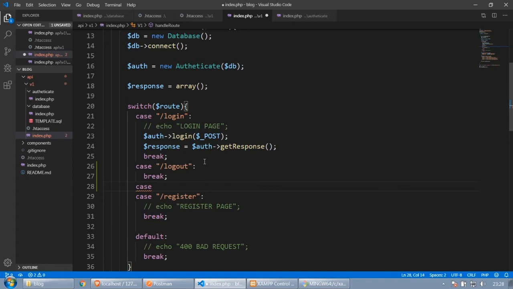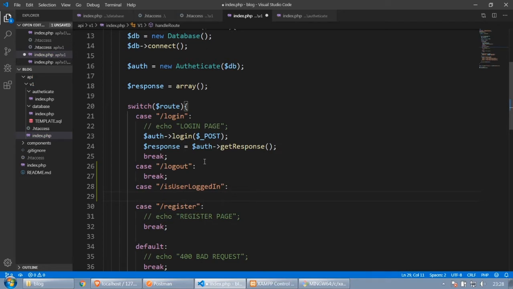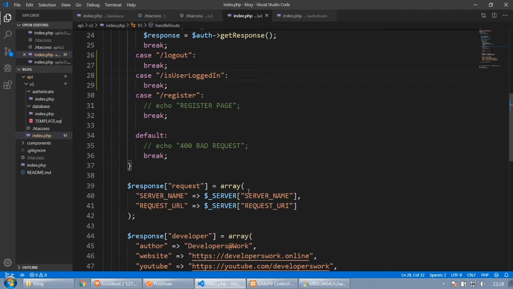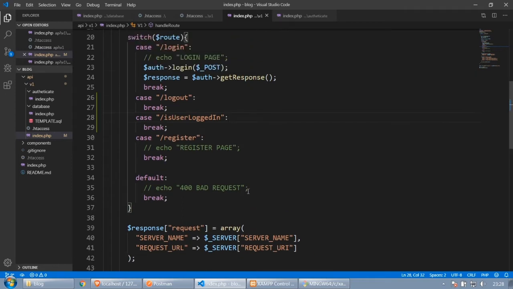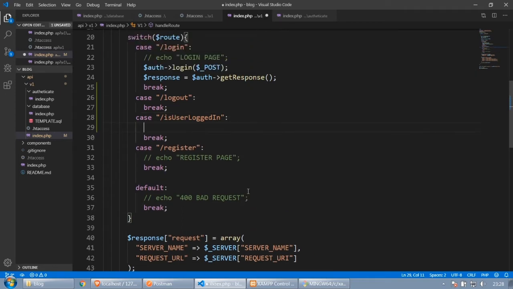And the other one, I'll create another route which says is session, is user logged in. I'll just put a kind of flag there. Now this user logged in route is going to check if there is a session. If there is a session, it's going to return a boolean value, true or false. I'll just say if